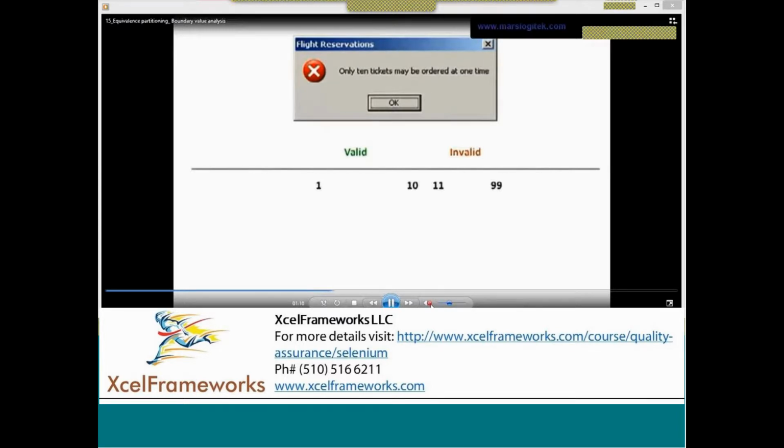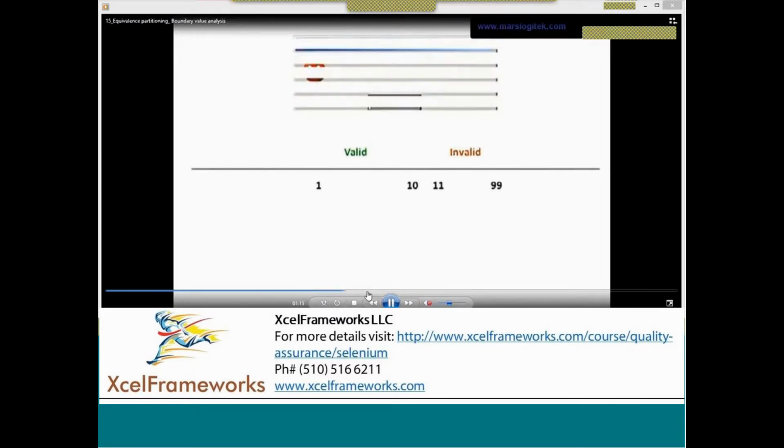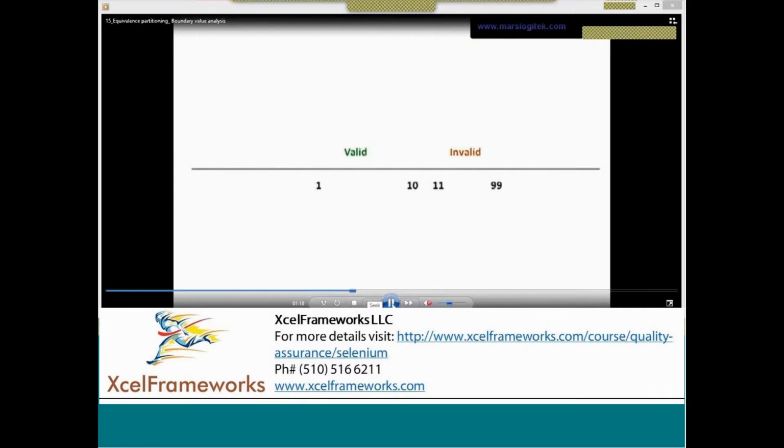Of course, the invalid can go up to more than 2, 3, 4 digits. Anyway, we're not bothered about that. What could be another invalid case? So this is the right hand side, and now the left hand side. What could be the invalid case? As you said, it's 0. You also try with 0, and also try with more than 10. These two are invalid cases.